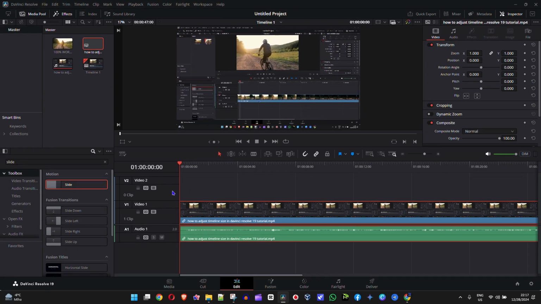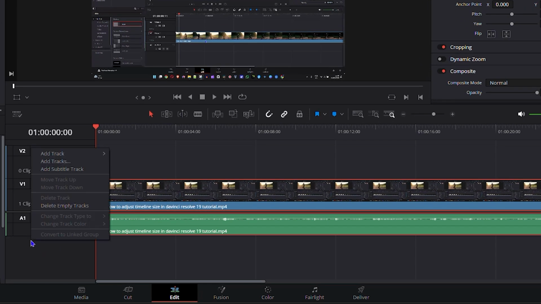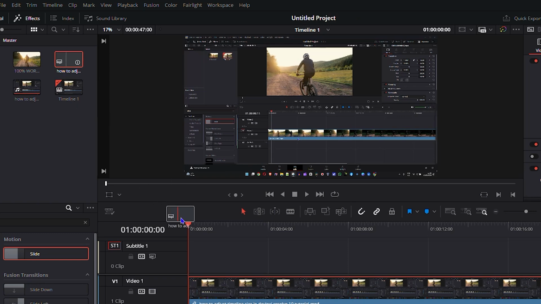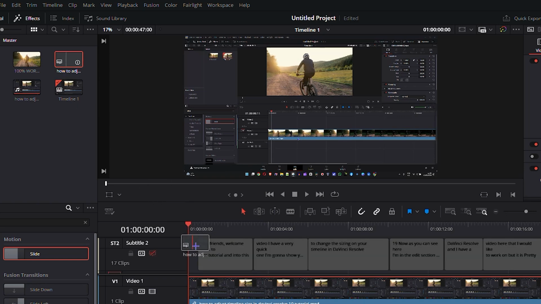Now how do I actually add this subtitle file onto my timeline? I can import a track, so I can right click anywhere, guys, and I can say Add SRT file, or I can say Add Subtitle Track. Once I click on that, now I can drag my SRT file onto that track, and as you can see, it started to detect, and I can just let it go, and it's going to add the subtitle to that